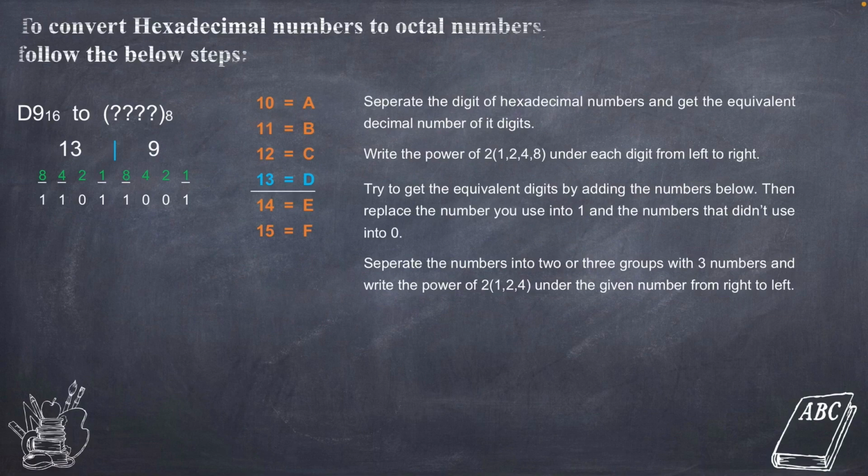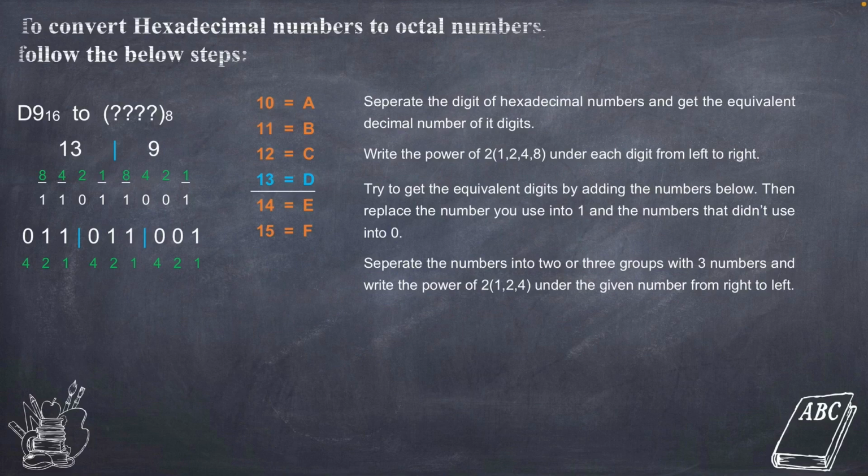Tapos, yung pangalawang grupo, meron tayong 011. Then, sa pangatlong grupo, meron tayong 001. Tapos, nilagyan na natin siya ng power of 2 na 1, 2, 4 sa kanyang baba